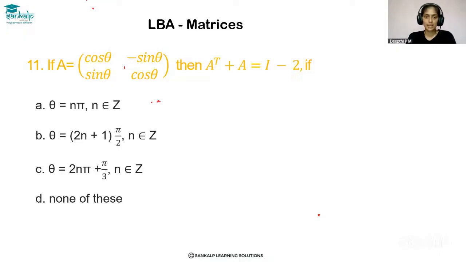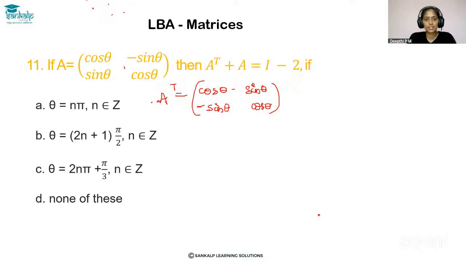11th question. If A is equal to the matrix [cos theta, minus sin theta; sin theta, cos theta], then A transpose plus A is equal to I minus 2 if. So A transpose will be equal to [cos theta, sin theta; minus sin theta, cos theta]. Correct? So this is equal to minus A, which implies